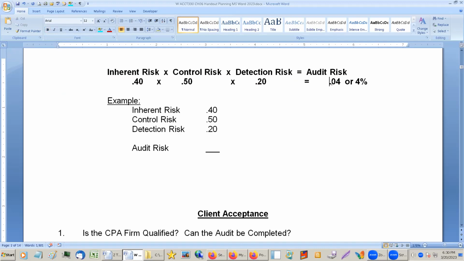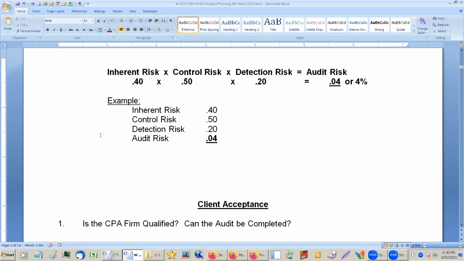So the audit risk would come out to be 0.4. Is that what you guys got? Yes. So this would be our audit risk here, you multiply those out and the audit risk would be 4%. So you can kind of see how this works out, though, that even with these extremely